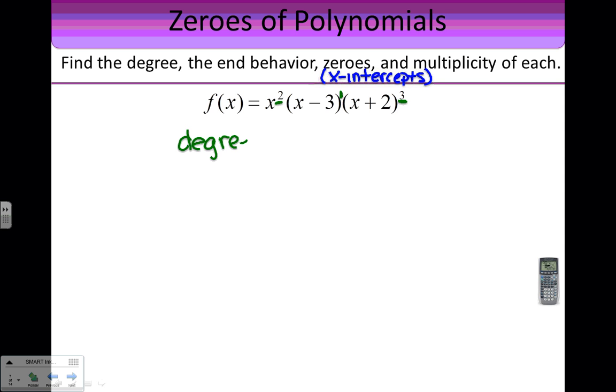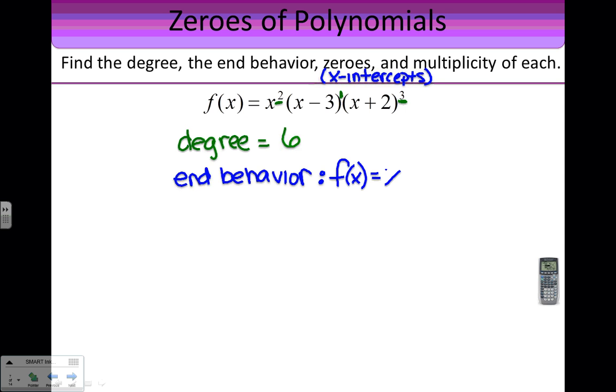So the degree of this polynomial is going to be 2 plus 1 plus 3, which is 6. So that tells us what our end behavior is going to look like. Now listen carefully, because this is what I'm going to be expecting from you when I ask for the end behavior. The first thing I want you to tell me is what is the power function that it has the same end behavior as. So since this is a 6th degree polynomial, the end behavior is going to be the